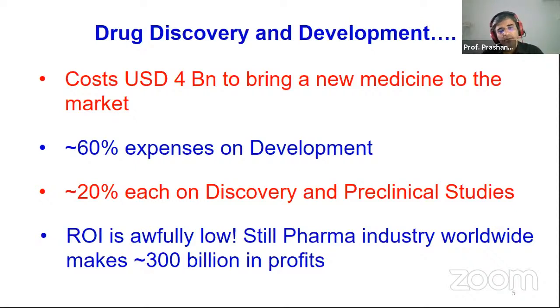That's why if you look at big pharma companies, they will always have various programs in cancer, in inflammation, and whatnot, and they will have a pipeline of agents. Meaning some agents in phase 1b, some in phase 3, and strategically they will place this pipeline in such a way that there would be continuous recovery of expenses, or the money keeps flowing, so that they can reinvest that money in the development of other candidates, right? But despite this, the pharma industry worldwide still makes $300 billion in profits annually.